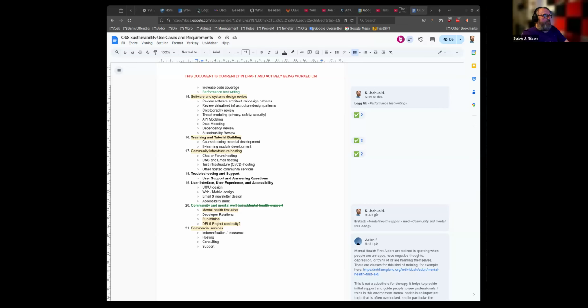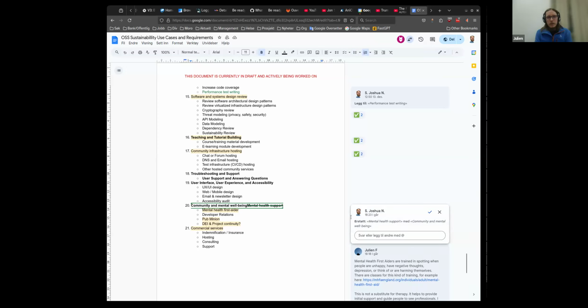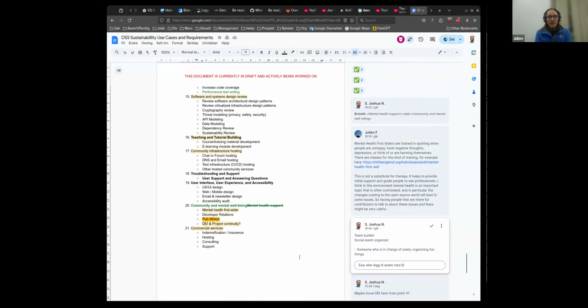Should we land point 20? See if we can. As it stands now, we have my proposal to change the topic from mental health support to community and mental well-being, or something else. That works for me. You might want to put the pub minion into quotes if you want to keep that wording. I don't know if that should go in a spec.